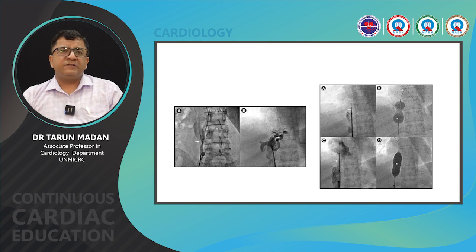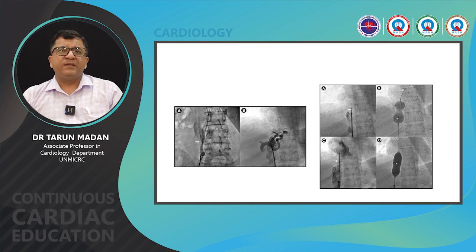This first image is of a patient who had inferior vena cava occlusion in the hepatic and infrahepatic segment, but the suprarenal portion was totally occluded. So a femoral venous access was obtained, and as we can see, the inferior vena cava had a blunt occlusion into the hepatic segment, and then there were a lot of collaterals surrounding. So a sharp recanalization method was used with the help of a Brockenbrough needle, and entry was gained to